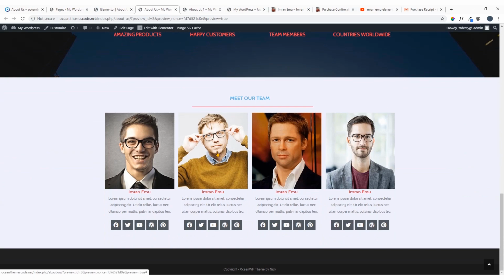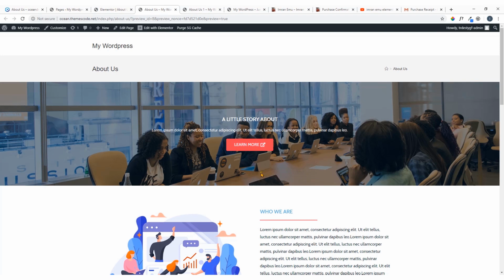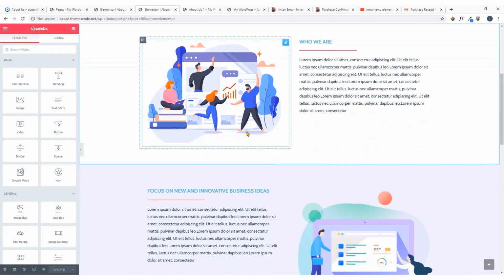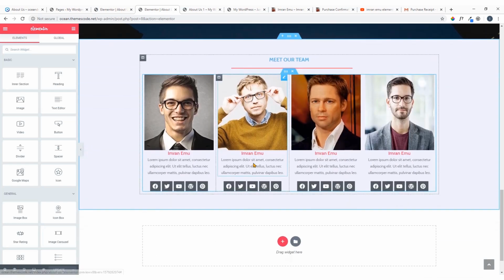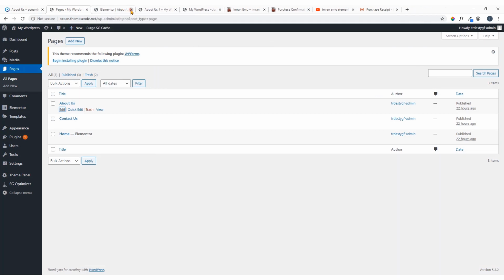Here goes the brand new page. Okay friends, now if you would like to customize this page, you can, because I showed you earlier when I designed the home page how to customize it. Just click on this edit with Elementor, and you can change any text, image easily. Okay, so now what I'm going to do, I'm going to close this,